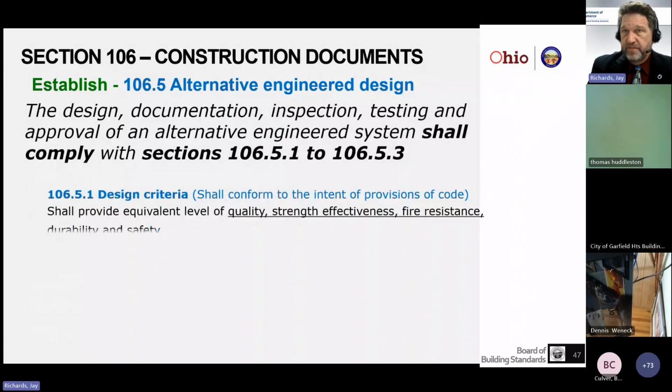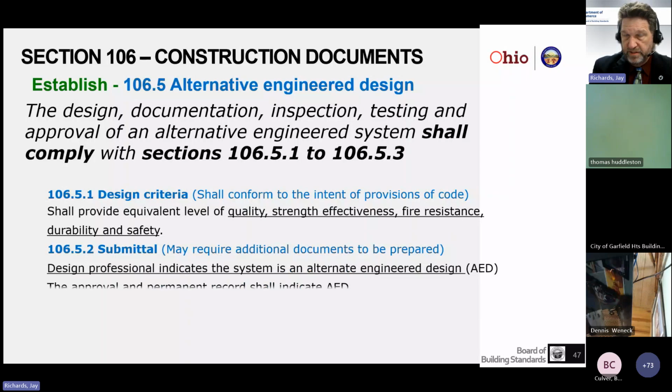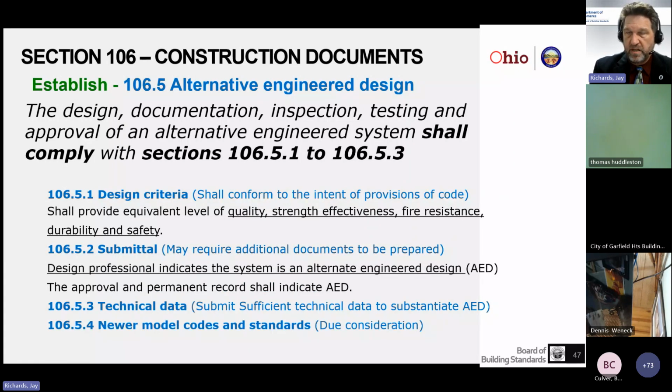We also have alternative engineered design, which is looking to the registered design professional representing the owner and going through a design and documenting that design, that it has been tested or can demonstrate the testing would be at an equivalent level to the quality, strength, effectiveness, fire resistance, durability, and safety of those minimum requirements that are established prescriptively in the building code. So under 106.5 alternative engineered design, they have to have this design criteria to show that equivalent level as applicable